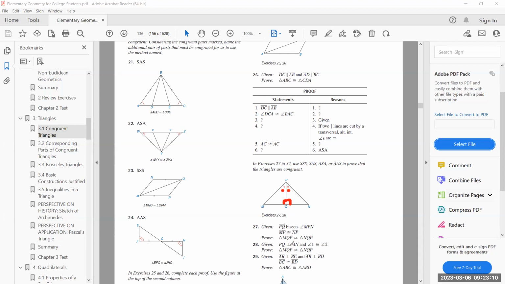So now, if PQ is perpendicular to MN, then you know that angle PQM and angle PQN are 90 degrees, because that's the definition of perpendicular. So the side would be like PM and PN, or